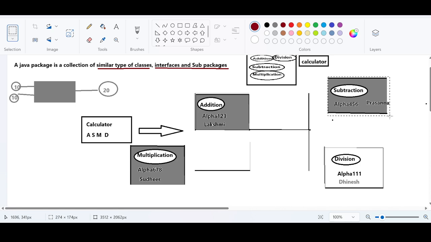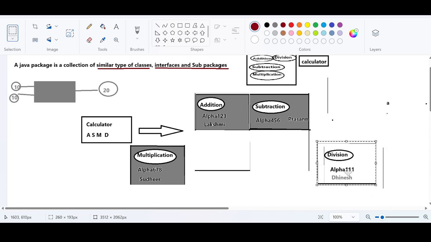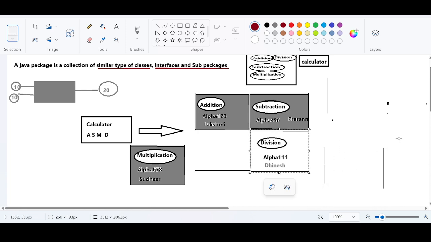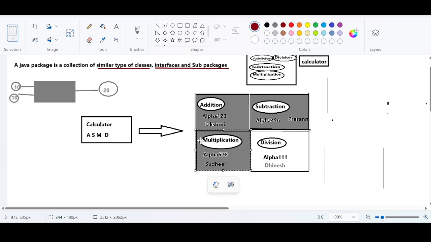They are in bits and pieces, right? It has to get combined into a single unit, a single unit as a whole. So you're representing this thing as a whole. You're dividing the task into 4 modules, and after the task completion, the TL is going to combine all the tasks into a single entity,